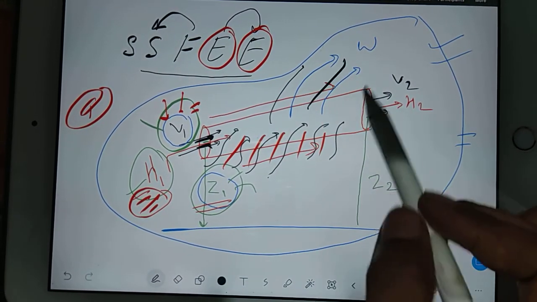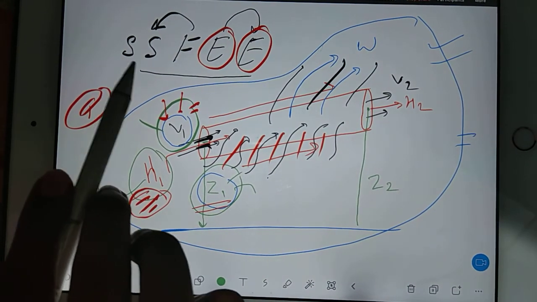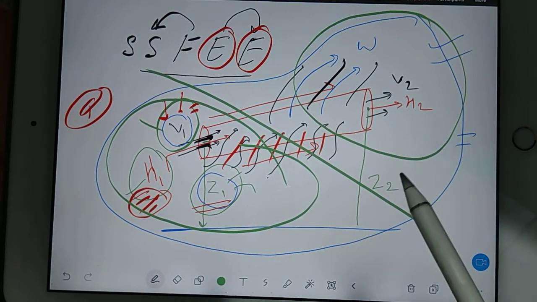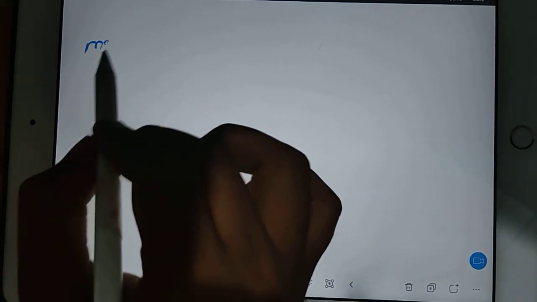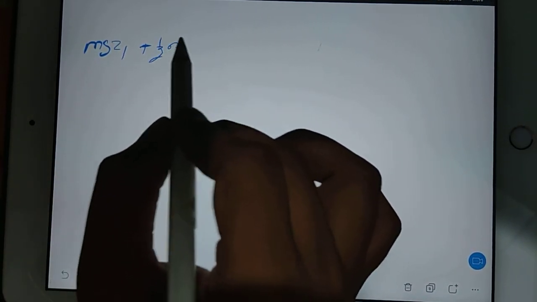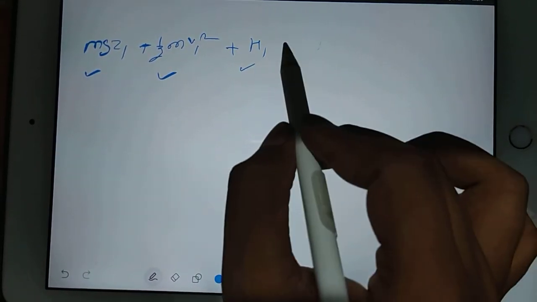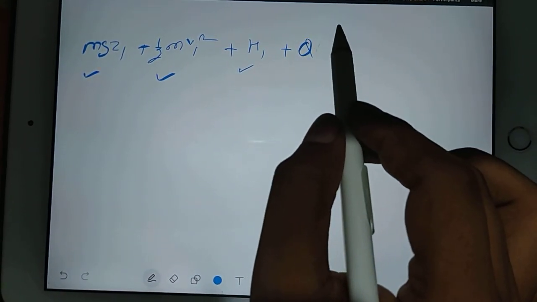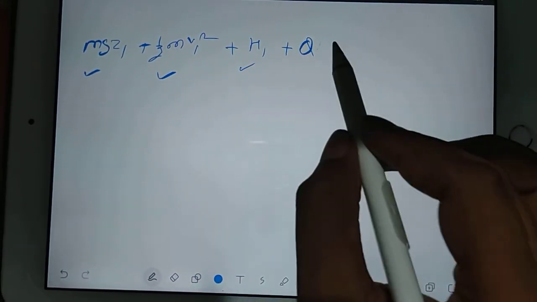And the same goes with work. Work is also a path function. So see, in the case of inlet, you cut like this. All these 4 are inlet and all these 4 are exit, including the Z2. So total inlet energy is nothing but mgZ1 plus half mv1 square, potential and kinetic, plus H1, this enthalpy, plus Q. So these energies you are supplying. Every second this much energy is entering. That is equal to